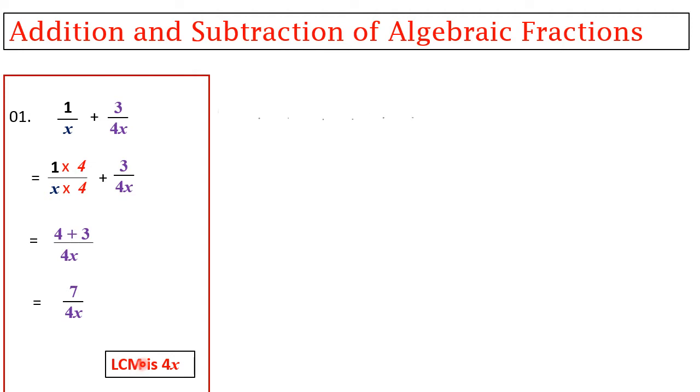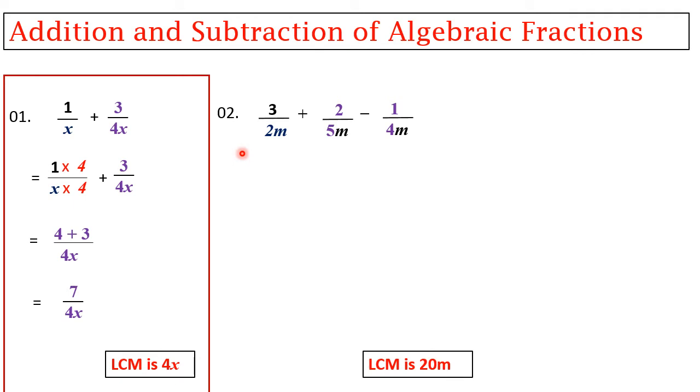We'll go for one more example, example 2. And here too, the LCM of 2m, 5m and 4m is 20m. 2 times 5, 10. When you find the LCM, 2 times 5, 10, and 2 is inside 4, therefore for 2 and 4 the LCM is 4, 4 times 5, 20. So let's make all the denominators into 20s by multiplying corresponding numbers.